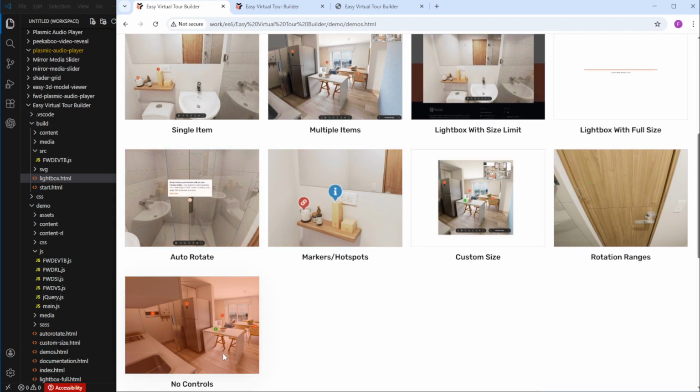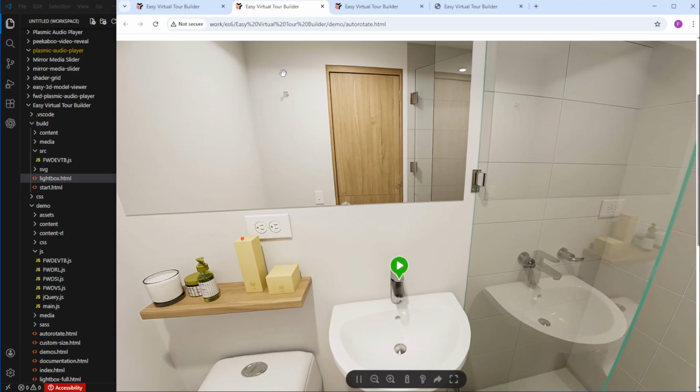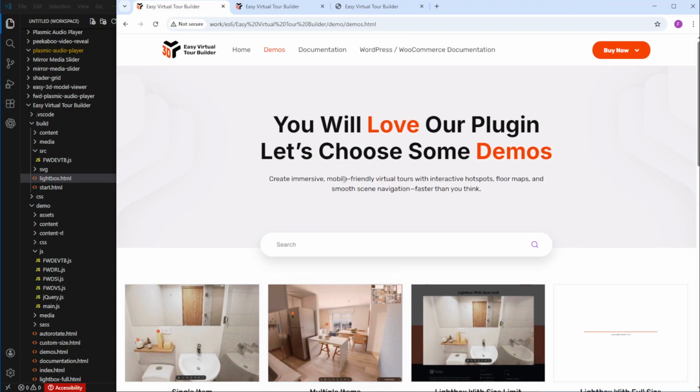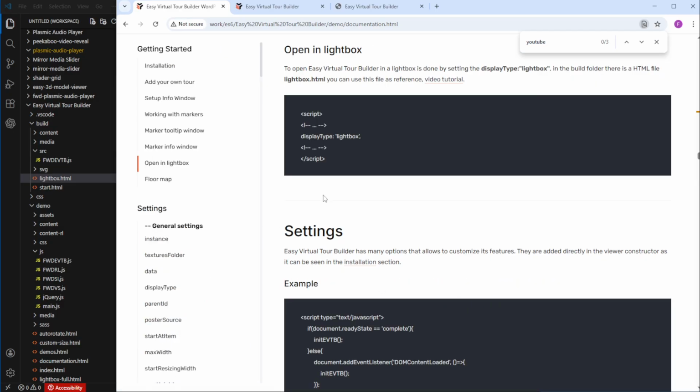Yeah, and the demos auto rotate by default. You can start with auto rotation by default. You can just check them out. And again, the lightbox. Let's see. Open in lightbox. See, I already explained it. Set display type to lightbox, and